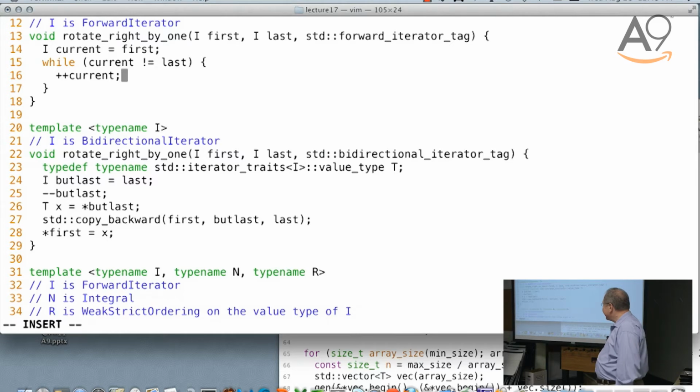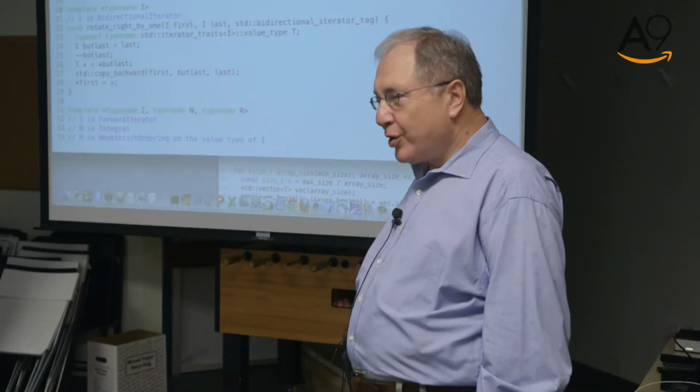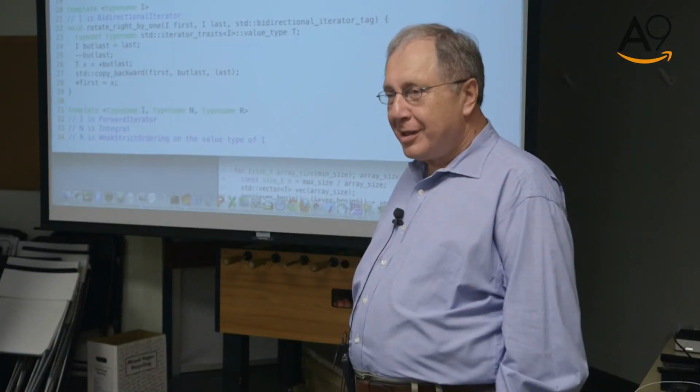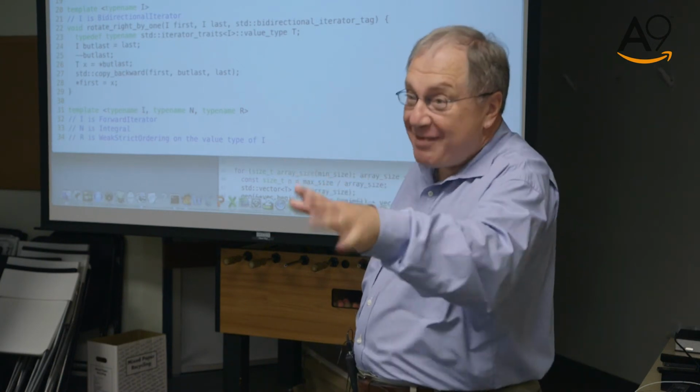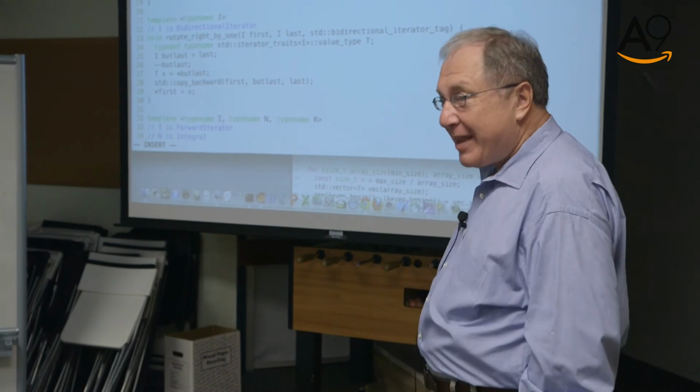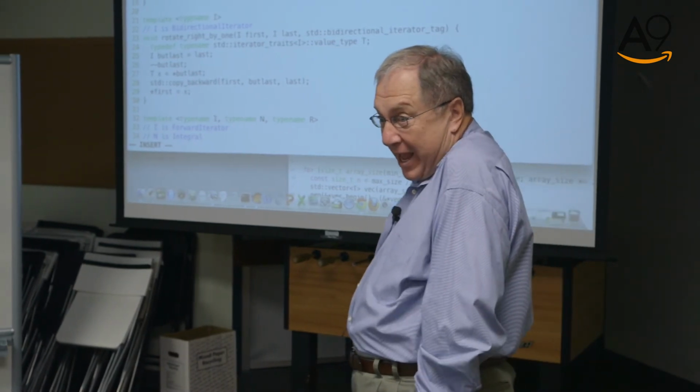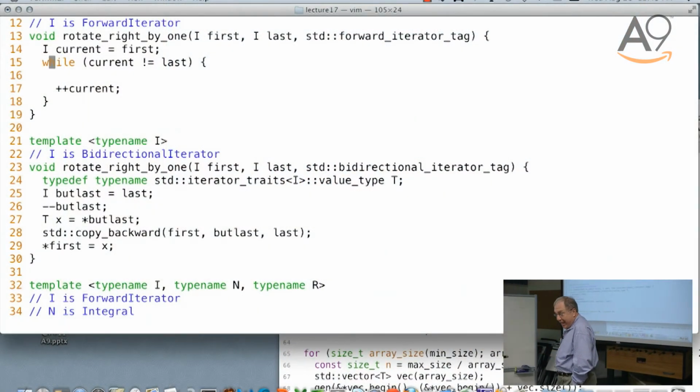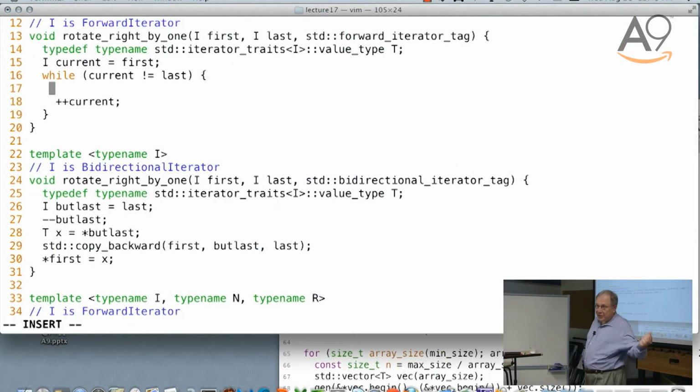This is tricky, guys. No, no, no, you cannot do plus plus current. We could, yeah, at some point, but not at the first point, because you still need current to move. Yes, save the value. We have to, because if you go there, especially inside the loop, in the first time around, say, oh, I'll use first. But that's